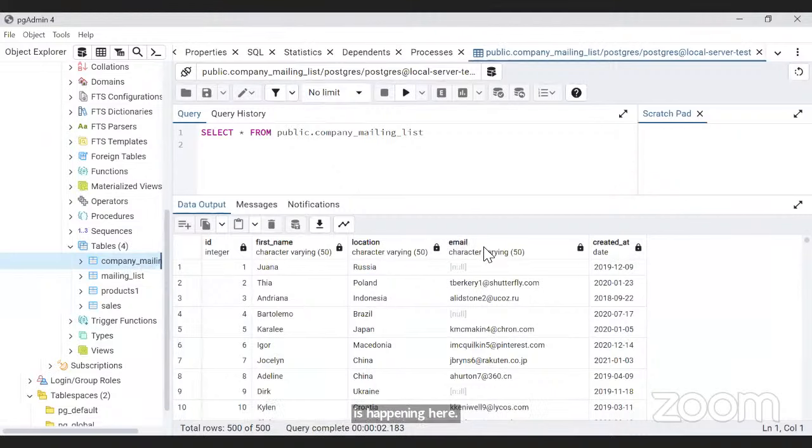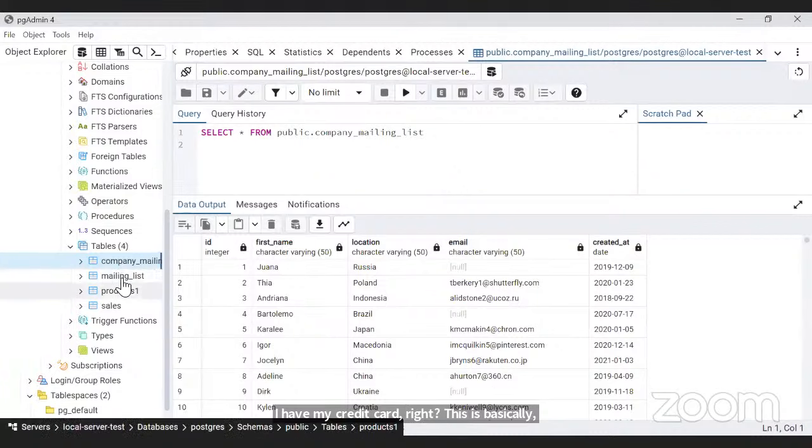So I have these different tables, and if you recall, when I started up this conversation, I spoke about data selection, because basically the quality of the output depends on what is coming into the system, right? Here you do your table selection, or you do your column selection, depending on the kind of features you want to query on the system, right? And in this table, I have about five different columns. I have my ID, my first name, my location, my email, my created at, right? This is basically a company mailing list.